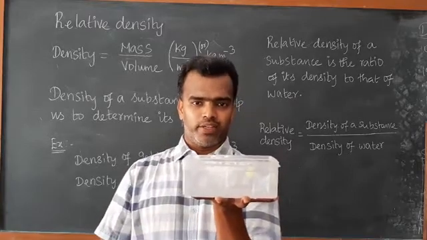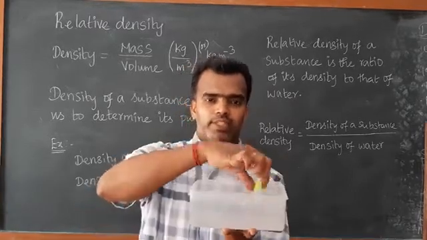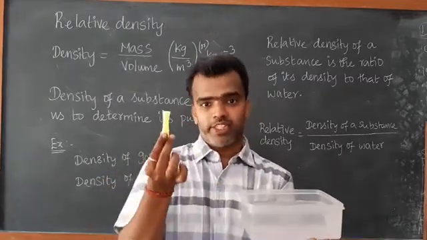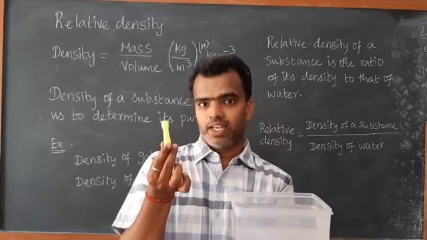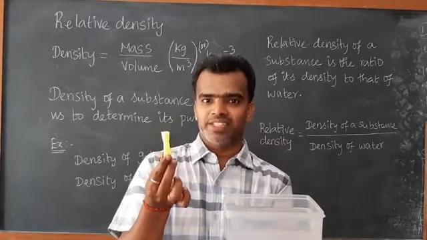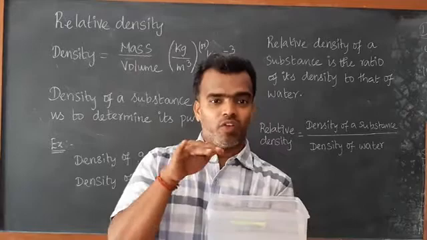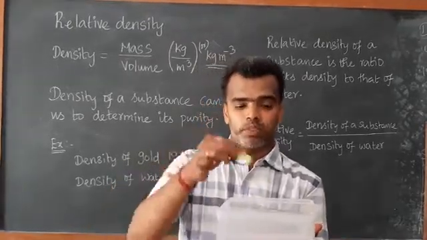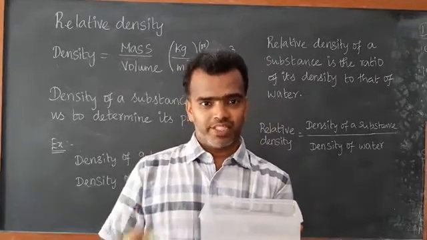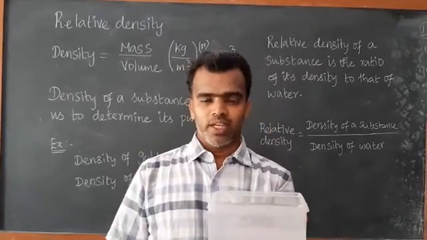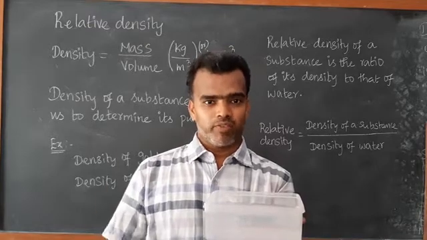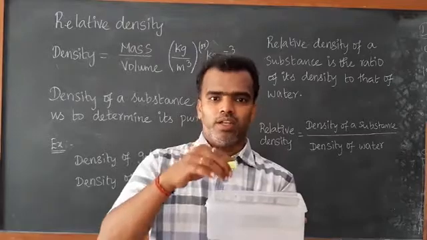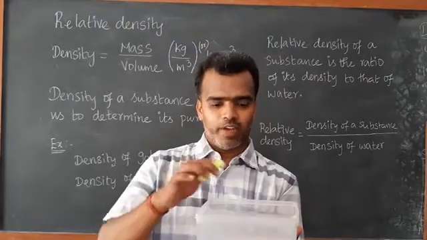Why is it floating? When compared to the density of water, is the density of this rubber less or more? Yes, that's why it's floating on the water surface. Suppose I put in a stone, what will happen? Definitely it will sink in the water because its density is more, so it will go down and the water level will rise. Is it clear? I hope you understand well.